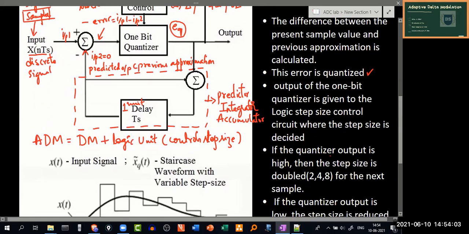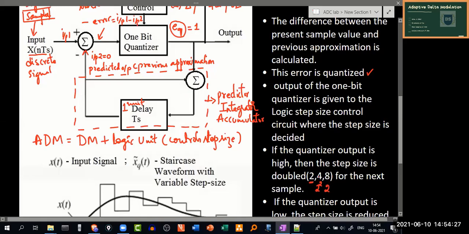Here, if the quantizer output is high, if this EQ is equal to 1, then the step size is doubled, or it's again multiplied by 2, that is 2 square, or it's again multiplied by 2.